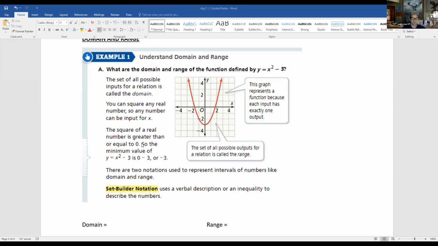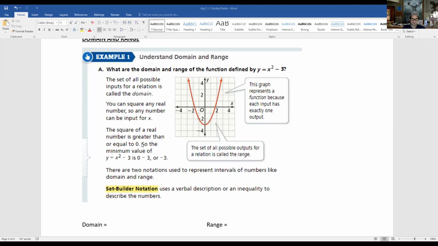So the way we would describe the domain of this graph is we're going to use set builder notation. That's probably the easiest and quickest way to do it. Now the domain goes from negative infinity to positive infinity, because negative infinity would be the lowest number, all the way over to the side here of what we could mark. Positive infinity would be the biggest number we could mark. Now the range is going to go all the way up towards infinity, right? That graph goes all the way up towards infinity. So it would end at infinity, but there is a low here, and this low is at